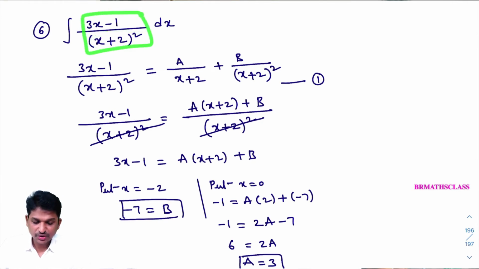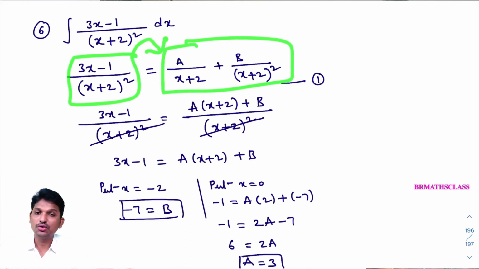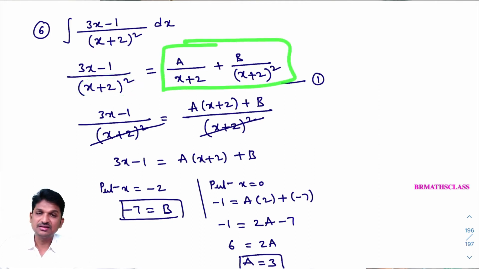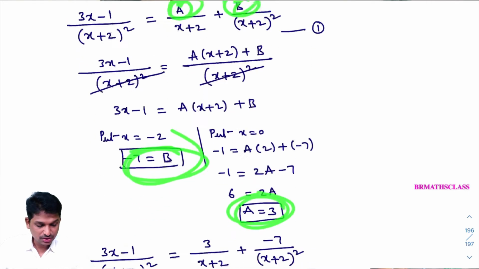First point is, when you identify it is type 2, this proper rational function can be written into partial fractions. How? This way. This is the theory you need to know. As it is a proper rational function and the denominator contains repeated linear factors, we will write it into partial fractions like this. Now the main idea is finding the values of a and b. By simplifying this, I will get the values of a and b. Now I will substitute these a and b values again here, so that I get it like this.